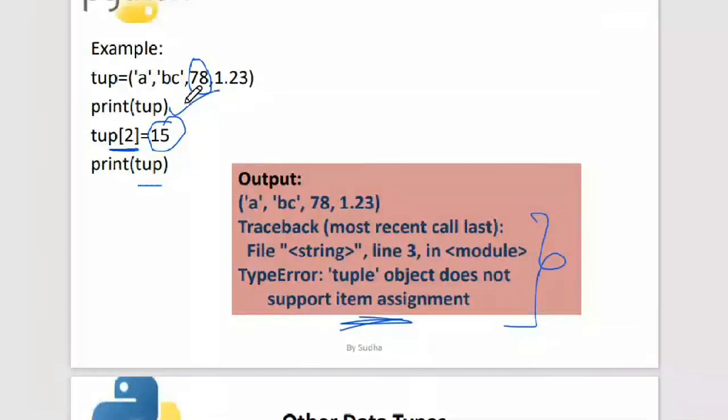Okay, so the first statement, since it is interpreter line by line execution, so till second line it executed correctly, but after the second line there is a problem. So the output will be given till the line it is executing properly, and after that there is a problem, so it is showing me an error. Okay, so that you cannot reassign, you cannot change. So this is what is called immutable.